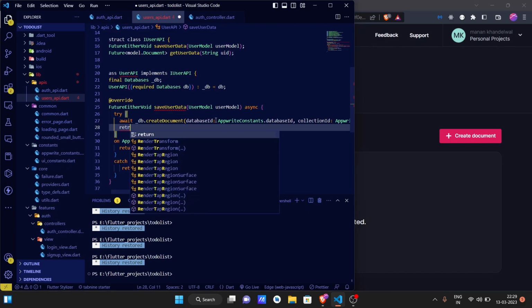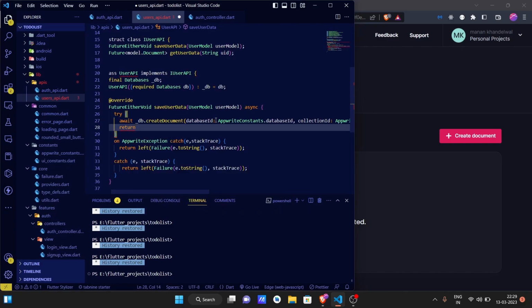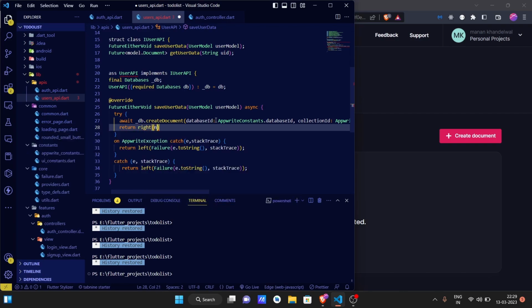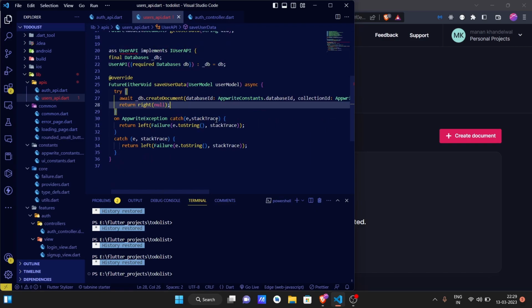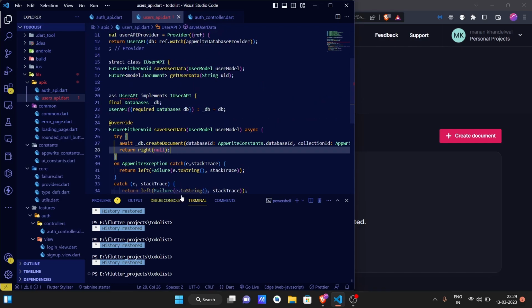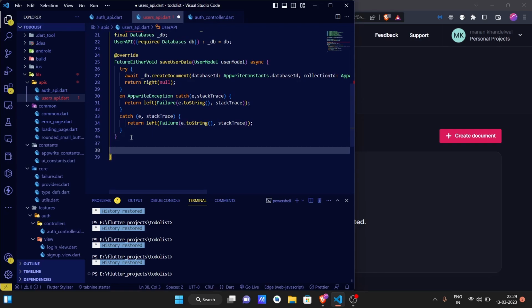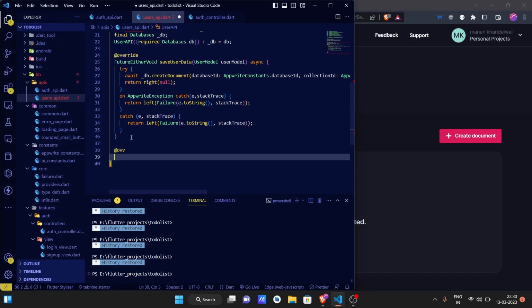We are going to return, and in the return we are going to return right null, because we don't need to return anything, we just need to save our user's data. That's it. And now we need to get our user's information. So to get the user's information, you need again